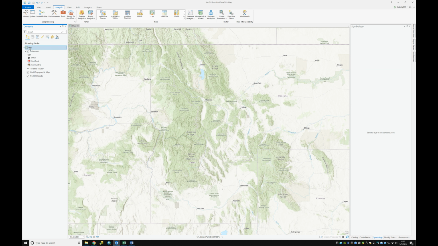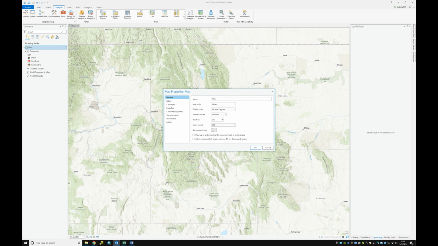Click on the map in your contents. Now, this map could be called something different if you renamed your map, and we're going to do that here in a little bit. But click on what's called right now Map, right-click it, and go to its properties. Now, the name of this map, I'm going to first of all change this to Restaurants for Real-Time GIS. Next, I'm going to drop down to Metadata,